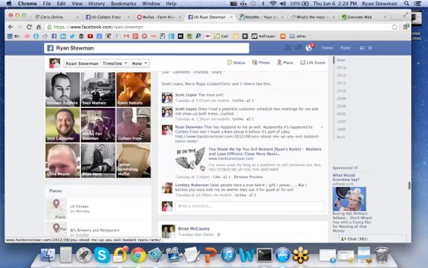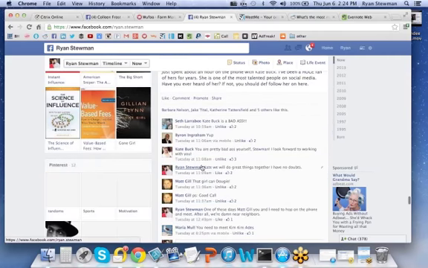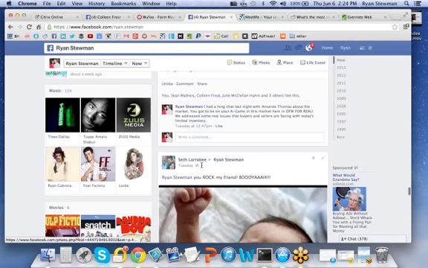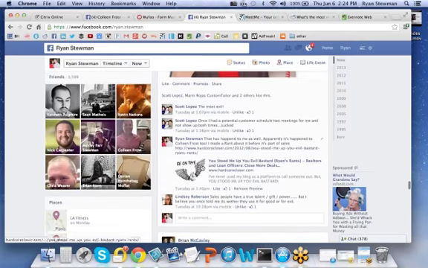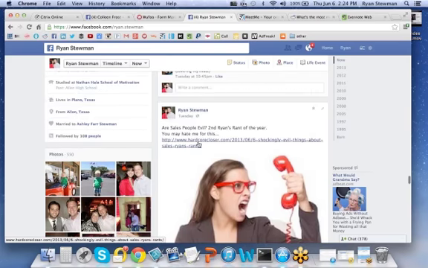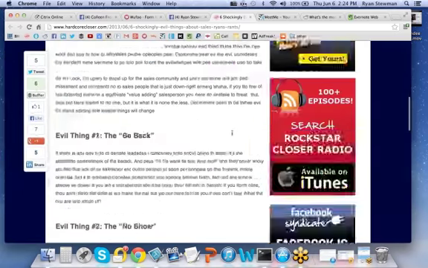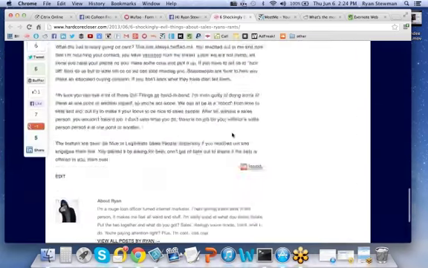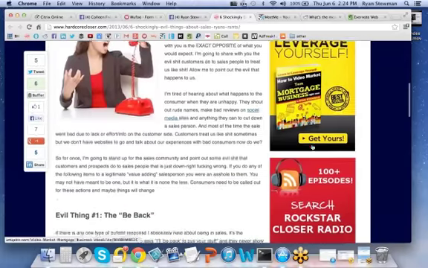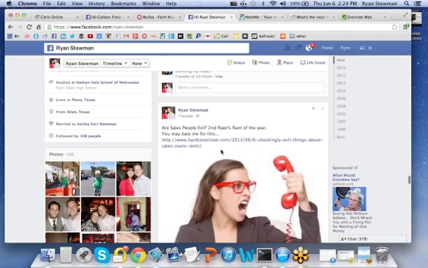So after people have been coming here on Tuesday and seeing all this action happen on my wall, they're getting notifications, they're seeing this stuff fly through their news feed and everything else, right? Then as they come to my wall to scroll down, they've got to go across something that I've got for sale, which, as you can see here real quick, leads them to my blog. And from there, they've got a chance to sign up for my stuff, see that I'm on iTunes and everything else that you guys know that I have the opportunity to do.